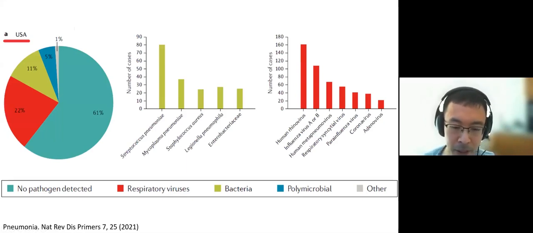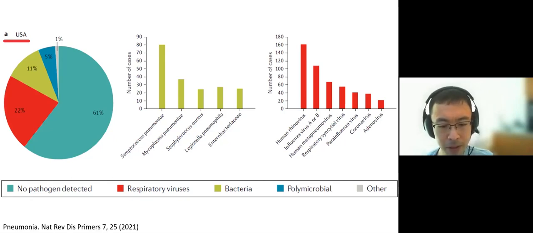So here's some data from the United States. Over half the time, a pathogen is not identified, perhaps because no culture was taken, the sample was inadequate, perhaps early antibiotic exposure may have decreased the yield of the culture, or simply that our current diagnostic testing has limitations. But when a pathogen is identified, you see that it's commonly a virus at 21 or 22%. Bacterial pathogens are identified only 11% of the time. And with the widespread use of pneumococcal vaccines and decrease in smoking rates, the incidence of pneumococcal disease is declining.